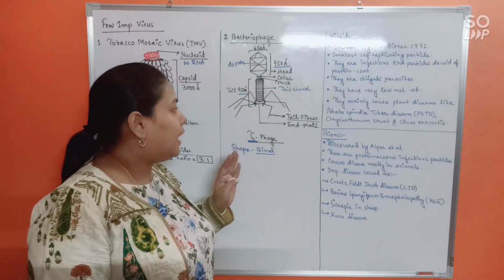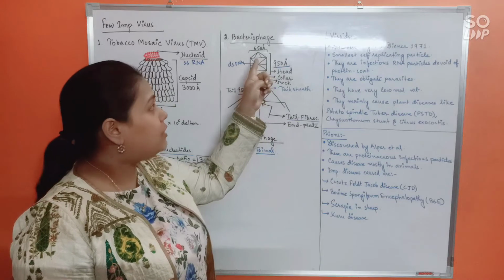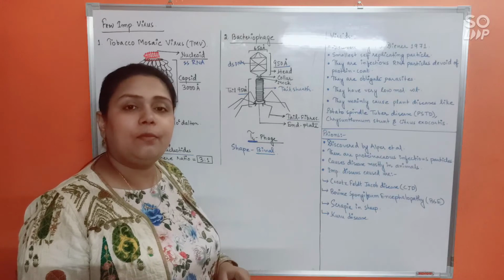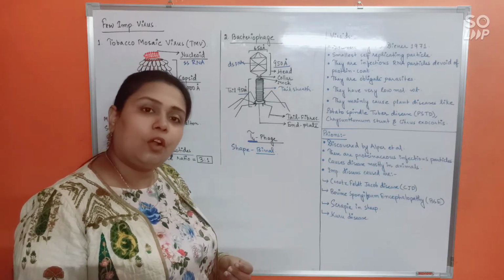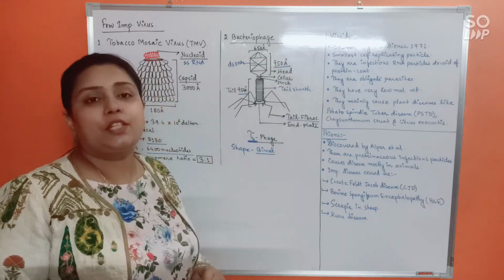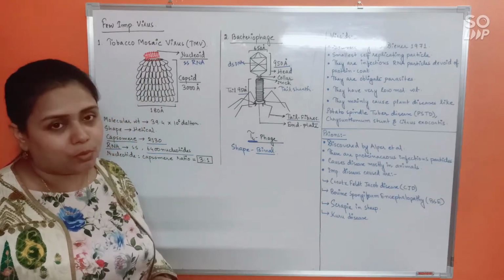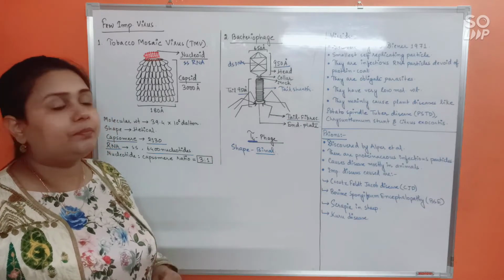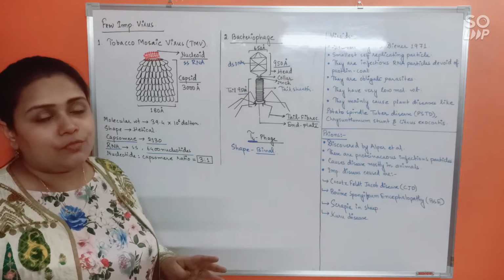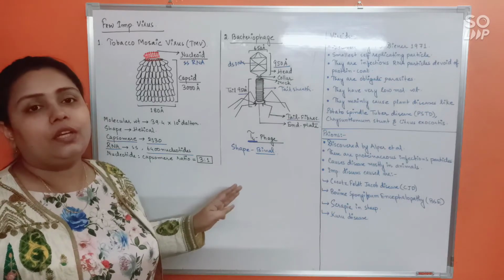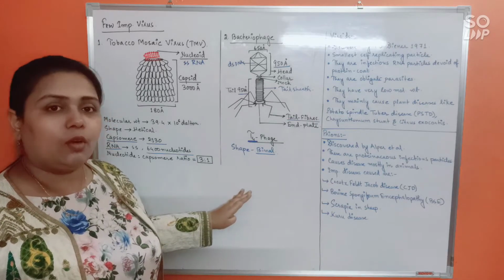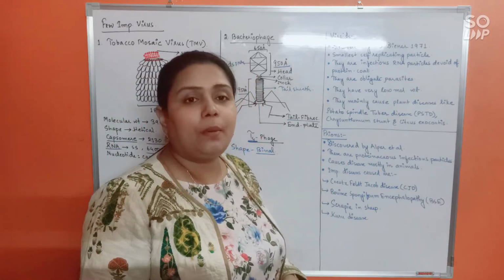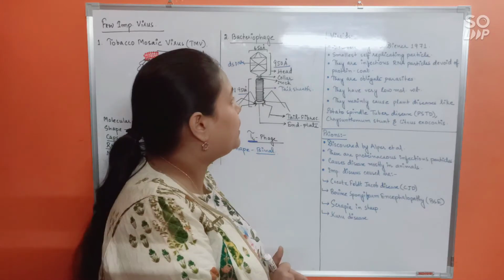Alright, and at last the breadth of the virus is going to be 650 Armstrong, and the tail and the head lengthwise will be 950 Armstrong respectively. Alright, that's it regarding bacteriophage as well. The diagram is very important for the exam, so all of you properly and carefully observe the diagram and try to remember it. Alright. Finally, our two further ultramicroscopic particles other than virus, that is viroids and prions.